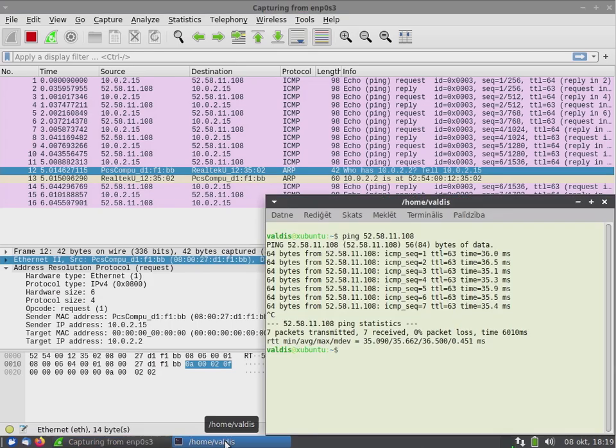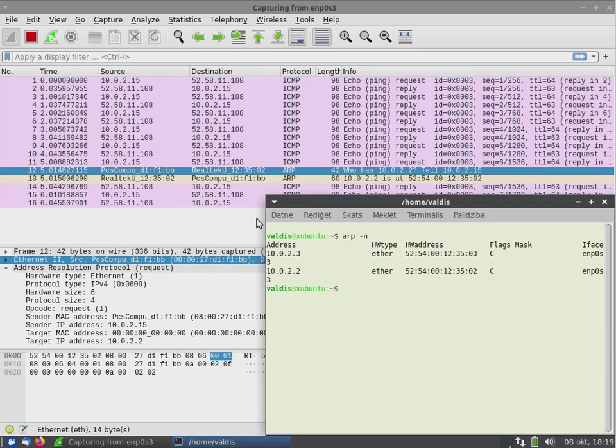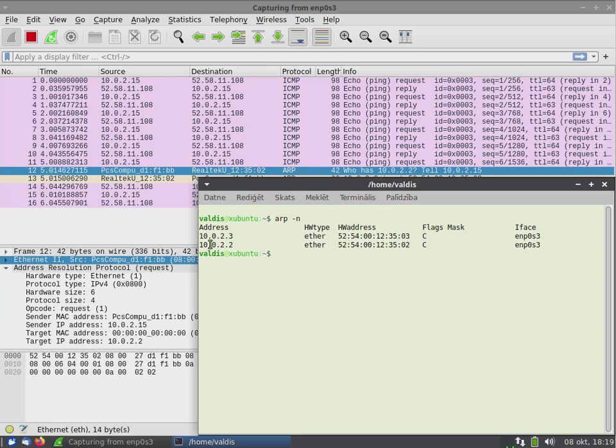And when we check, for example, we see the following links between IP addresses and Ethernet addresses are already known for this particular machine.